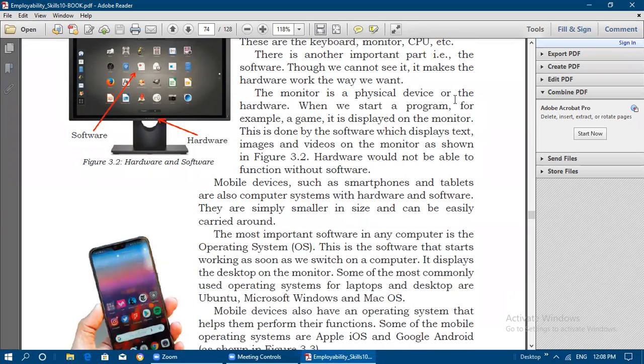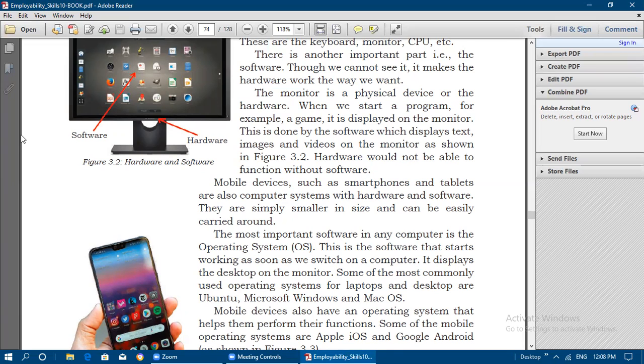The monitor is a physical device, or hardware. When we start a program, for example a game, it is displayed on the monitor. This is done by the software, which displays the text, images, and videos on the monitor. Hardware would not be able to function without the software. Any hardware without the help of software will not be able to do its work.